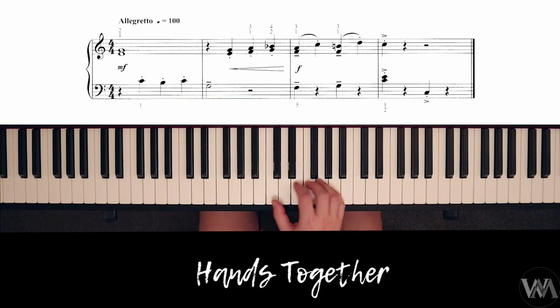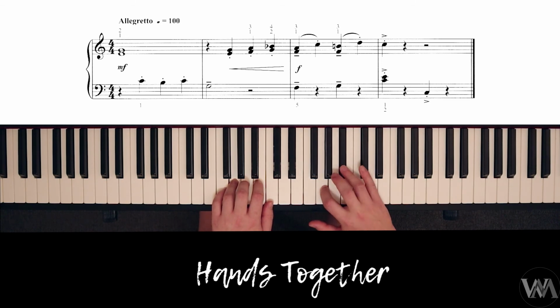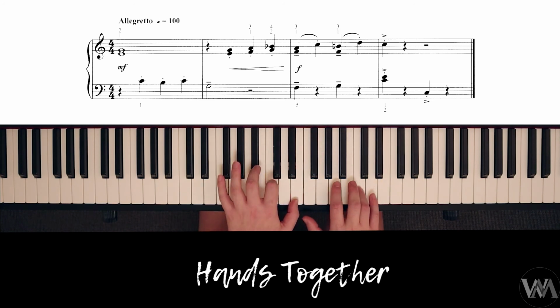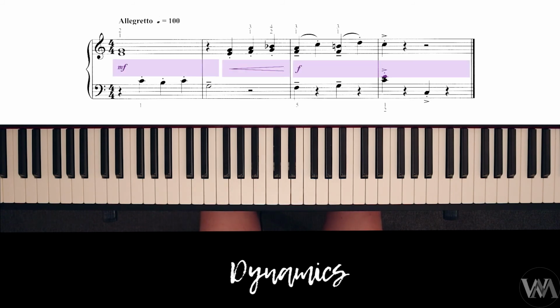Putting the hands together, nice and slow first. Staccato, staccato, staccato, tenuto. Moving. Staccato, staccato, fourth finger moving up my left hand, staccato and accent, and all the way down pinky, staccato and accent. Speaking about dynamics, we have mezzo forte to start off with, a crescendo while we're doing this part here,